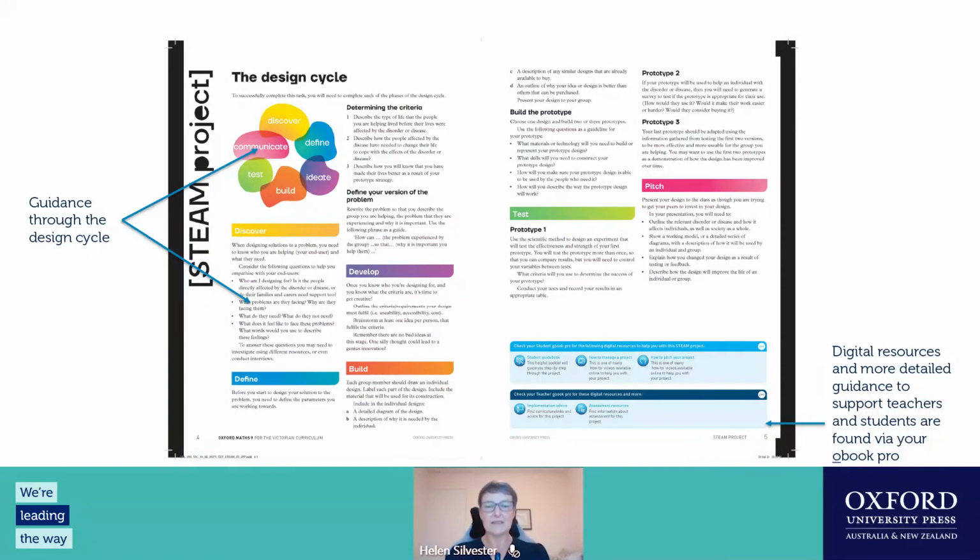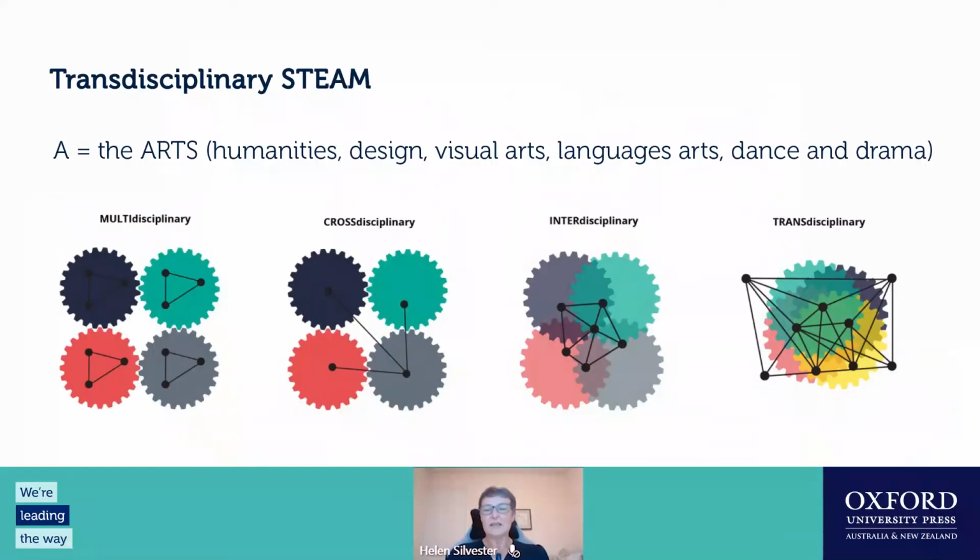The next slide, please. So there's, as I said, multiple different ways of doing it. The reason why I prefer the term STEAM is because that's the true mixing. I find that if you use the word STEM, then it sets up a bit of an artificial conflict between the humanities and the English and language subjects and the other science, maths and technology subject teachers. And that is a very artificial barrier. It doesn't need to be there. So one of the key things is you can approach this a number of different ways.